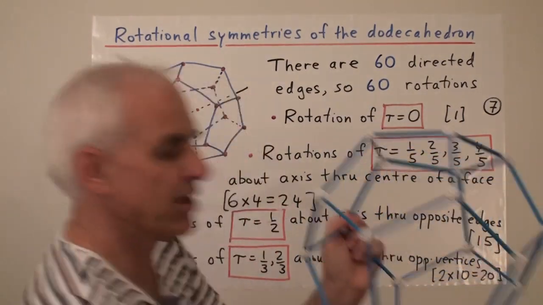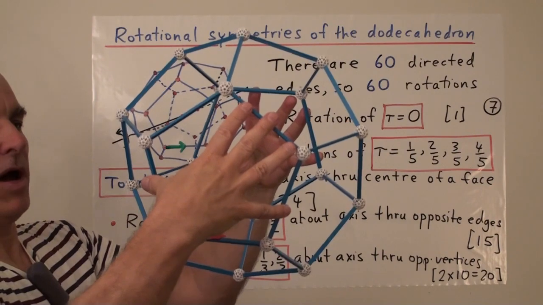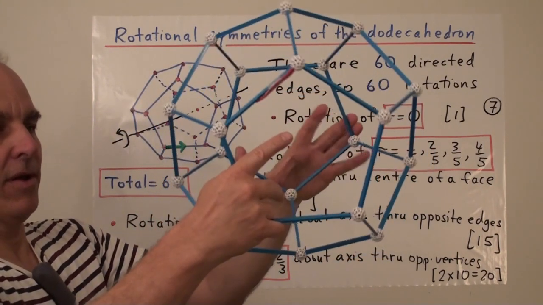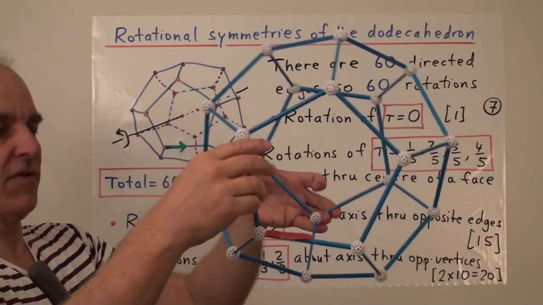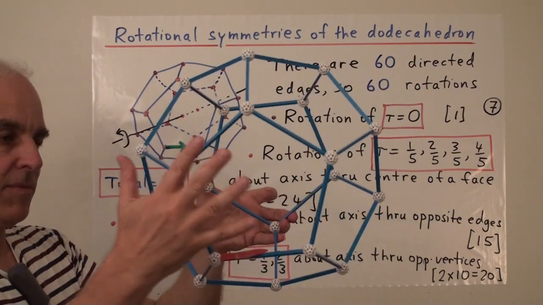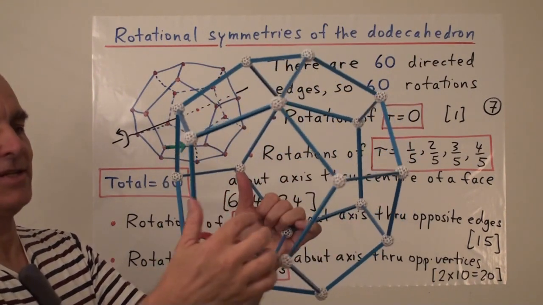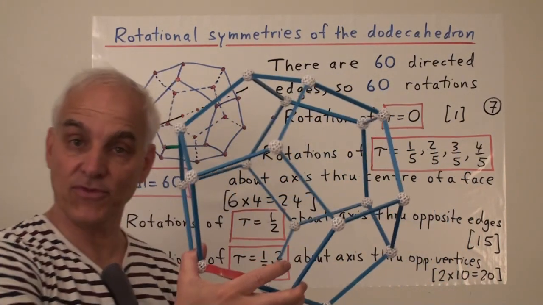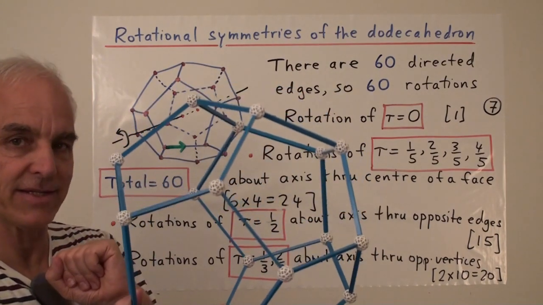So I don't really need the axis here. I think you can see what's going to happen. So I'm going to take these two faces here and I'm going to rotate. So rotate by 1/5 of a turn, another 1/5 of a turn, another 1/5 of a turn, another 1/5 of a turn, and another 1/5 of a turn, and I'm back to where I started. So altogether, if I'm going to rotate along a rotation with that as its axis, I can rotate by a turn of 1/5, 2/5, 3/5, or 4/5. There's 4 different kinds of rotations associated to that one particular axis.